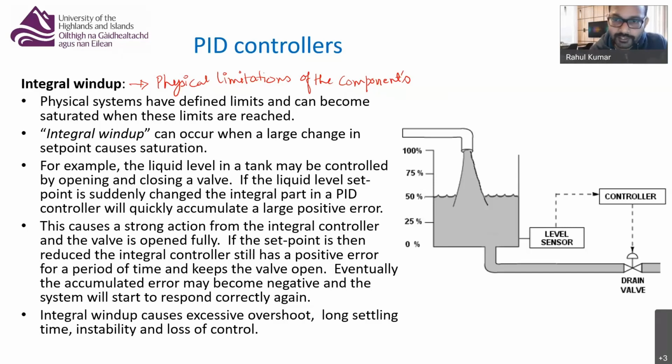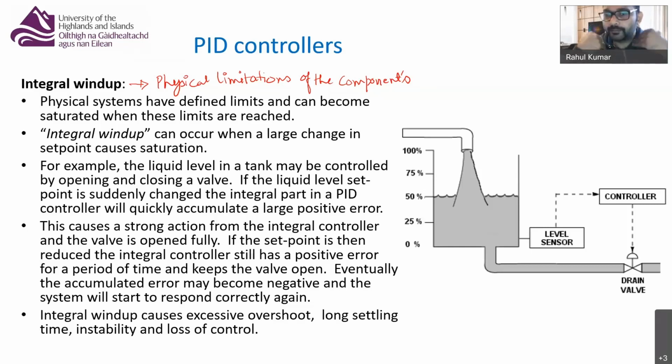But if you think about the physical limitation of those motors, right? Your motor has a certain maximum speed at which it can rotate, right? Let's say 500 RPM. Okay, so those motors cannot rotate more than 500 RPM. They cannot have a speed more than 500 RPM. So in this case where you are holding the drone, the controller will try and send more power to produce more thrust. But there is a limit, there is a saturation point.